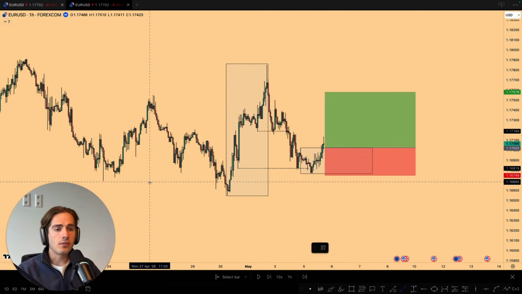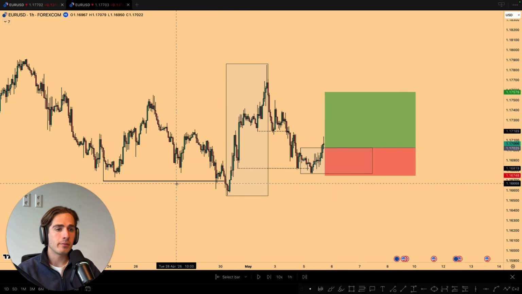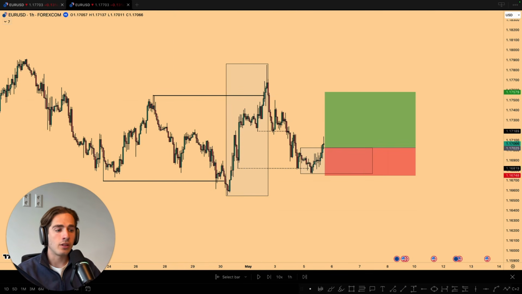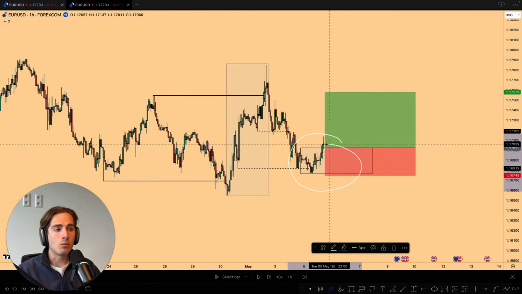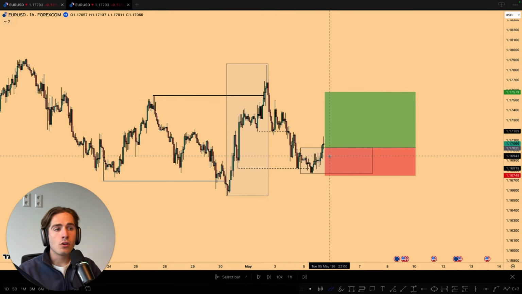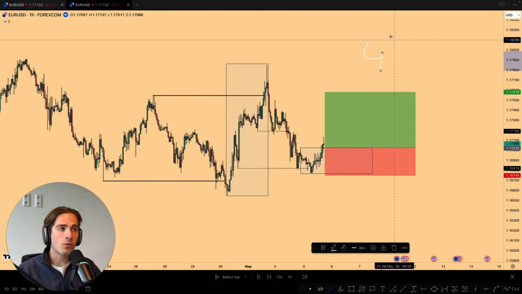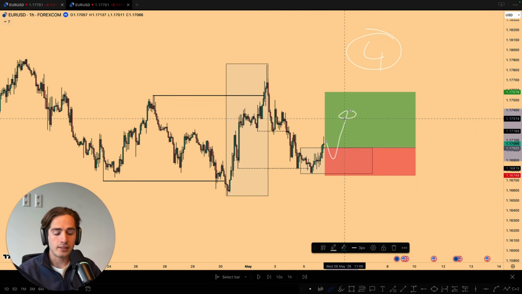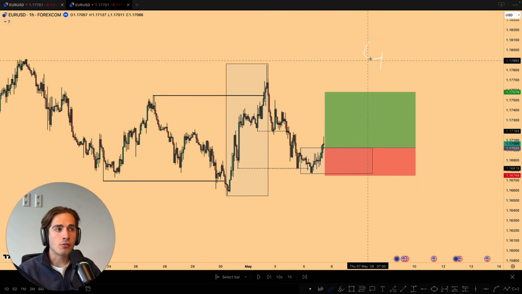Now, the strategy itself is based on 3 different time frames where I start on the daily, I then work my way down to the 4-hour, and then I work my way down to the entry time frame, which is this here, the 1-hour time frame. Now, when we look at this chart here, there are 4 confluences which we're going to be using in order to identify the overall long position, which I'm going to be taking right over here. And I'll be running you through them one by one, with the first one being the most simple one, which is